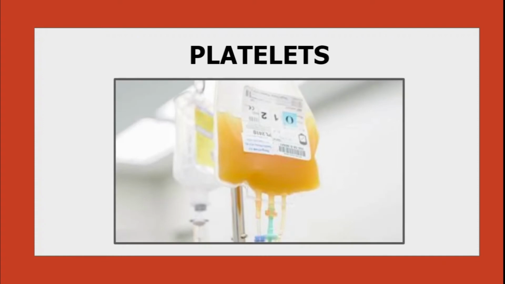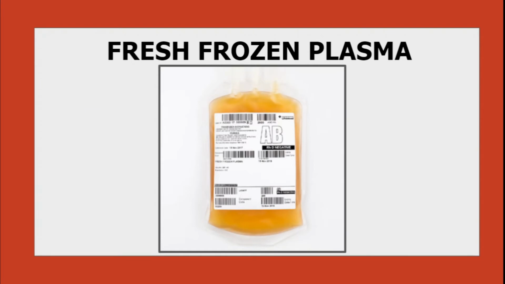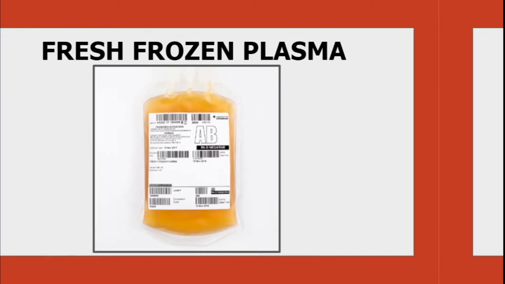So platelet transfusion is ordered or indicated for patients to prevent hemorrhage, or with thrombocytopenia, or if the patient has any platelet function defects, in extreme cases of dengue as well. Next we go to the fresh frozen plasma. It is for the reversal of anticoagulant effect, like if the patient has vitamin K deficiency or there is a disorder named disseminated intravascular coagulation, wherein the proteins that control blood clotting become overactive. So in these disease conditions, the fresh frozen plasma is transfused.